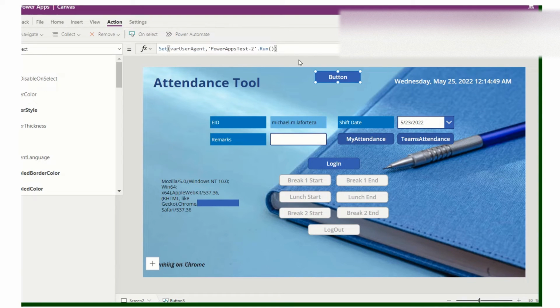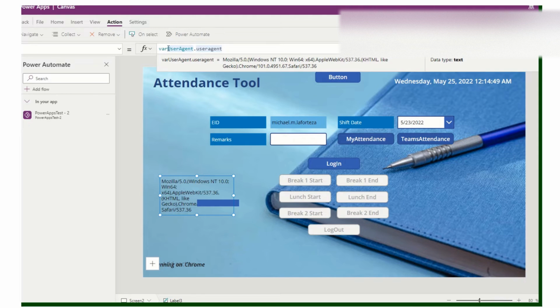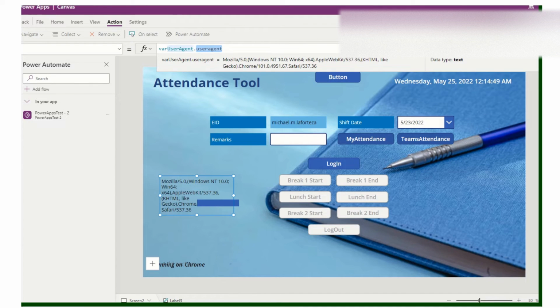So when we click that button, it will run the flow, and then I will insert a label, and I type the variable from the flow, varUserAgent.useragent.